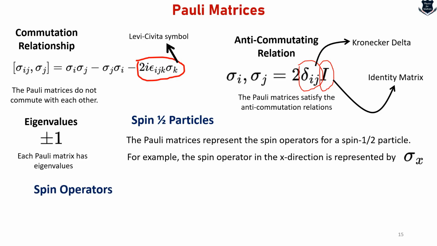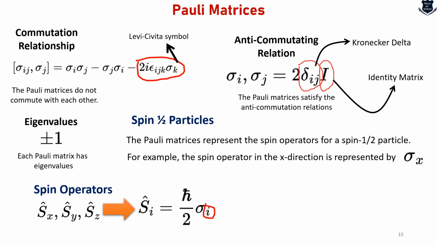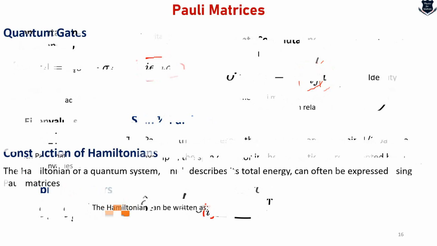The second is the spin operator. As you can see, with a hat sign, Sx, Sy, and Sz. These are spin operators for spin-half particles and can be expressed in terms of the Pauli matrices, which is this one. So these are some of the properties which are coming up. Then we will go into the Pauli matrix operations. The next thing is, this I is equal to X, Y, and Z.